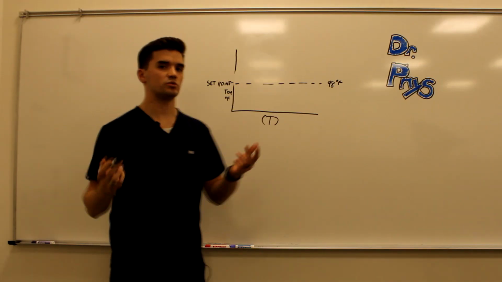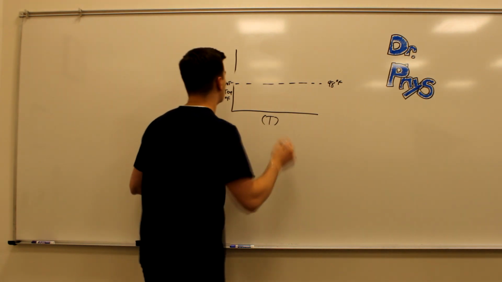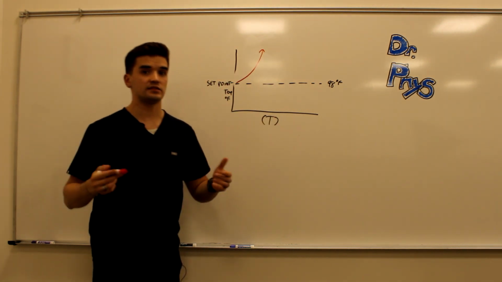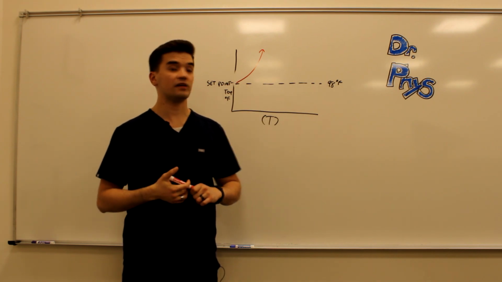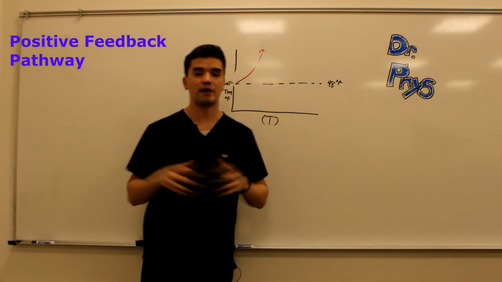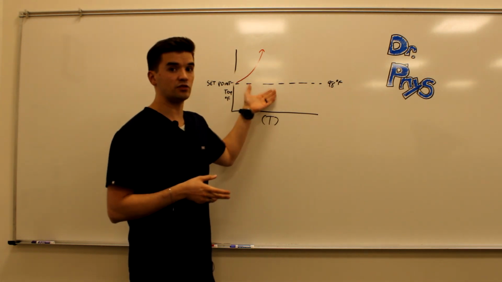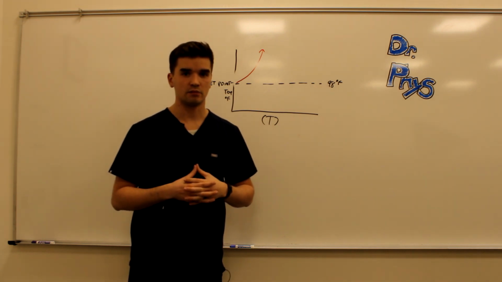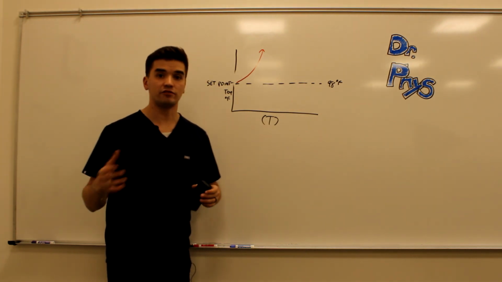You might be wondering what happens when we don't go back to set point. Let's talk about that. Say our thermoreceptors, or receptors in the skin, are broken. Well, what will happen? We won't sense that we're getting overheated, and our body will continue to get overheated. Our control center won't know, and we overheat, and we could potentially die. This is called a positive feedback pathway. Positive feedback pathways are when the body does not attempt to go back to set point. This can be on purpose or it can be by accident. It really just depends on the system. But in the case of sweating, we usually try to go back to set point. The same sort of thing happens when we have a fever.